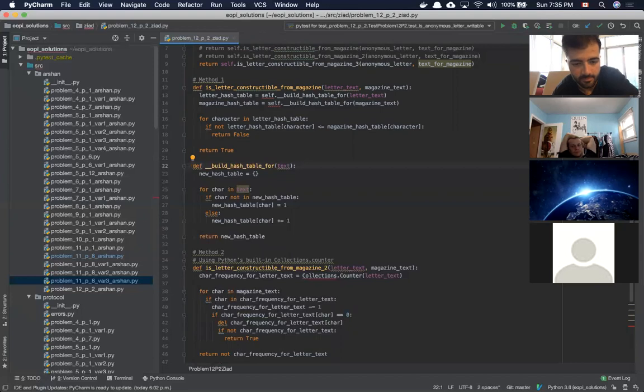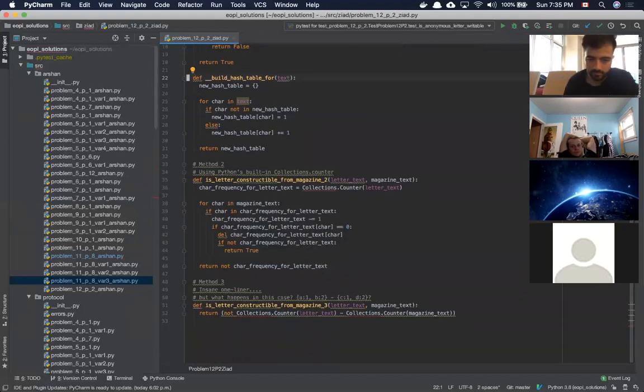Let's go to method number 2, using Python's built-in collections.Counter. One of the things in EPI that you're told is that you should know your libraries for hash tables, and one of them is the Counter from the collections library, which builds a hash table for you based on the occurrences and keeps track of the count. That's nice because you don't have to write the logic to build the hash table, it's already done for you. And then from there, this is straight out of the book,